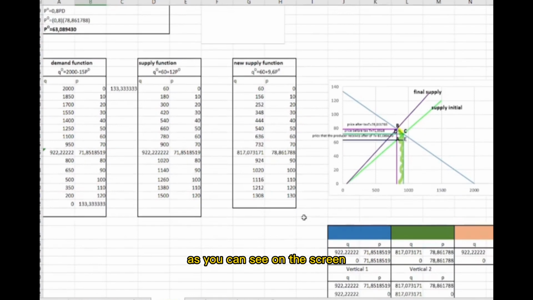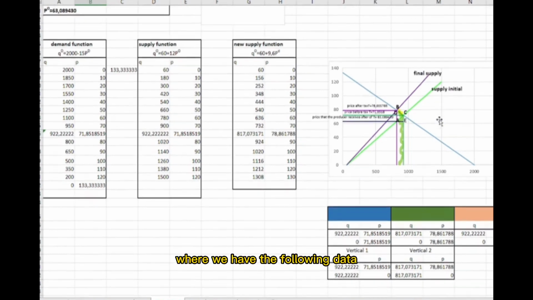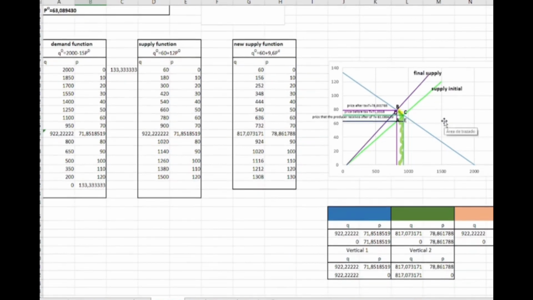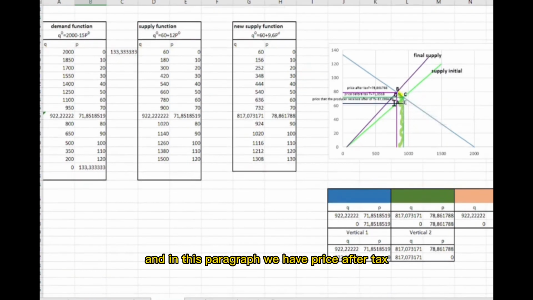As you can see on the screen, this is the tabulation and the graph, where we have the following data. In the graph, we can see the initial supply and final supply,